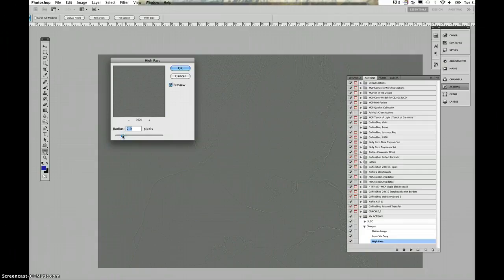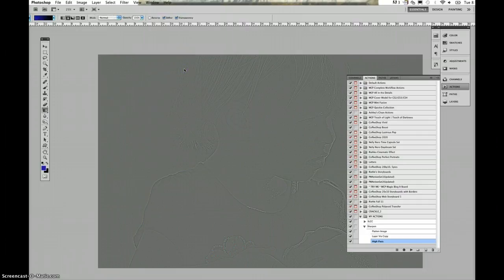Now what I usually do is I like to see some of these details come out where I need it. So I'm going to up this even just a little bit more. And I'm going to press OK. Okay, now I am going to go back